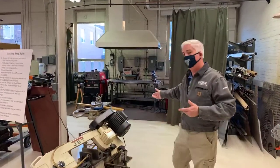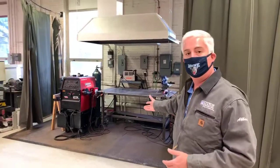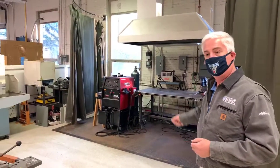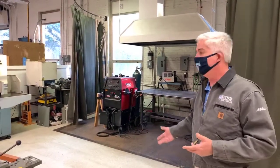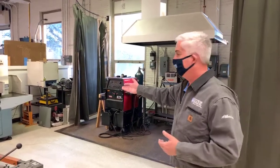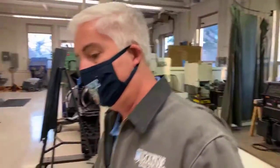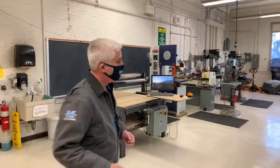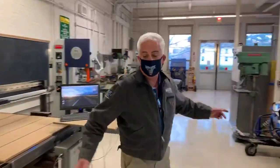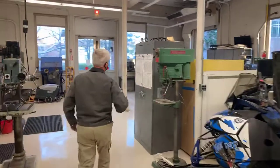So in this corner over here, we have both MIG and TIG welding available to the students after appropriate training. We can do both steel and aluminum. We've got a very nice 4-axis milling machine over here. This is our Tormach. And we'll go down the other way. So I know you're dying to know what these two items are, but we're gonna hold that until the end. So if you come this way,